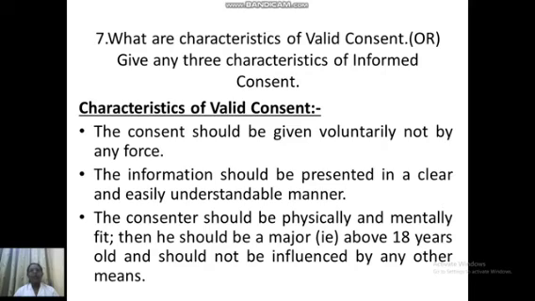Seventh question: what are the characteristics of a valid consent, or give any three characteristics of informed consent. Characteristics of valid consent: the consent should be given voluntarily, not by any force. The information should be presented in a clear and easily understandable manner. The consenter should be physically and mentally fit. Then he should be a major, that is, above 18 years old, and should not be influenced by any other